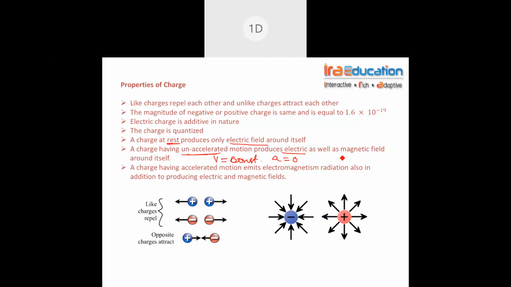It produces even a magnetic field along with the electric field. What type of field is produced when it's in accelerated motion? Not only electric and magnetic, even electromagnetic radiation. Clear, guys? Make a note of this and this. Charge at rest produces an electric field. This entire chapter we are going to discuss this only. In current electricity, we'll talk about electric field and magnetic field. This one you will talk about in engineering. Nothing to do with this in even 11 and 12, so not to worry, but make a note of it. Knowing it is no harm, right?